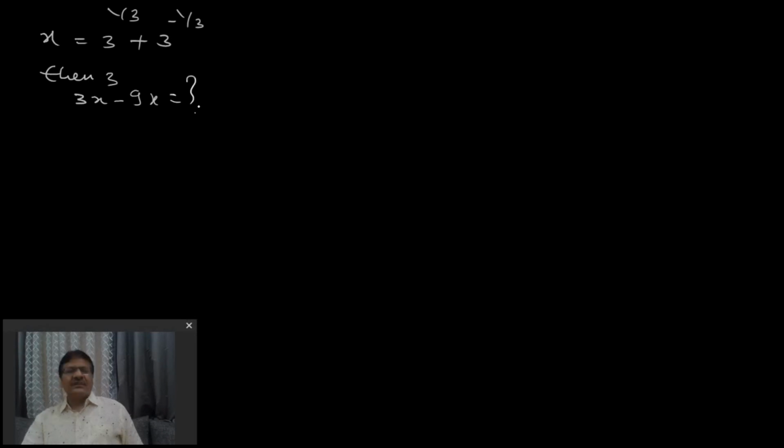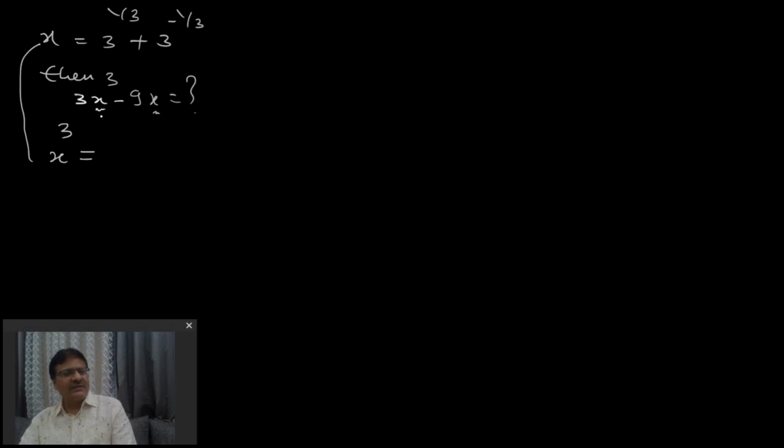See, there is a question that x equal to 3 power 1 by 3 plus 3 power minus 1 by 3. Then the question is this: 3x cube minus 9x is what? That is my problem. Now if I put the value of x here, then make cube, and then solve, I don't think what do I get, whether I will get the answer or not. But I am sure I have one approach there. I would get the answer, that I make cube of both sides.